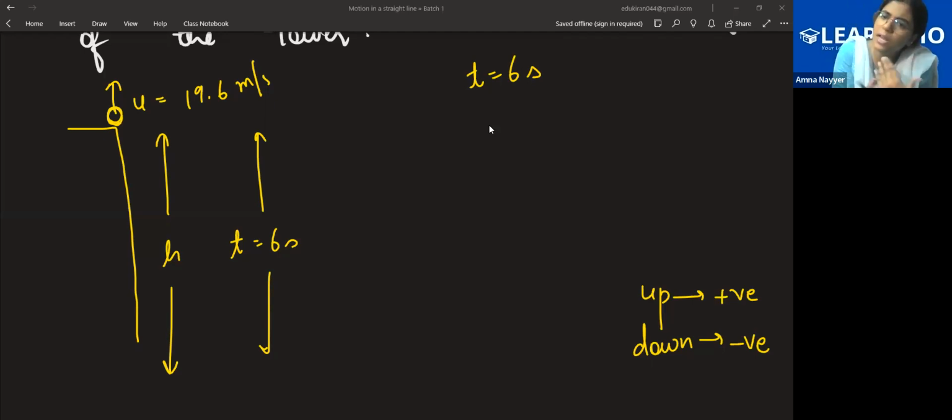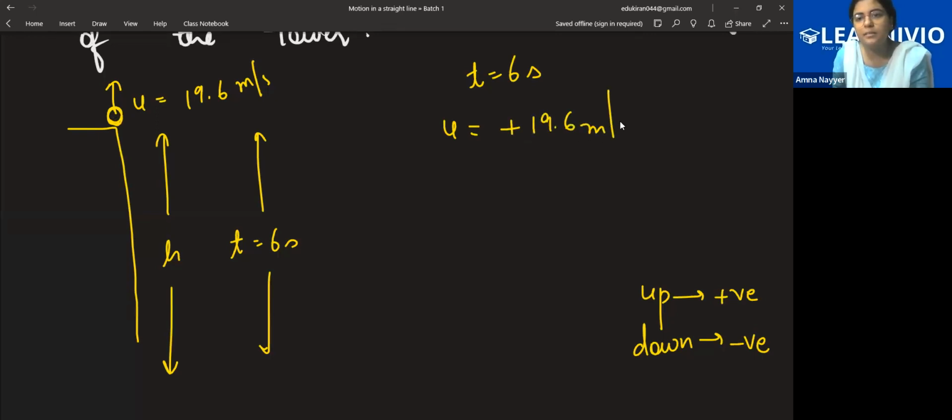You can have a variable sign convention, up to you. Now, initial velocity, if I'm throwing a ball up, so initial velocity will also be acting upwards, right class? If I'm throwing something up, what will happen? When you throw something up, the initial velocity is upwards only. And upwards, I have taken positive. So my initial velocity will be plus